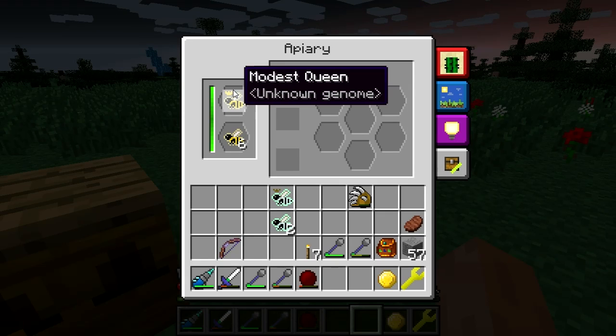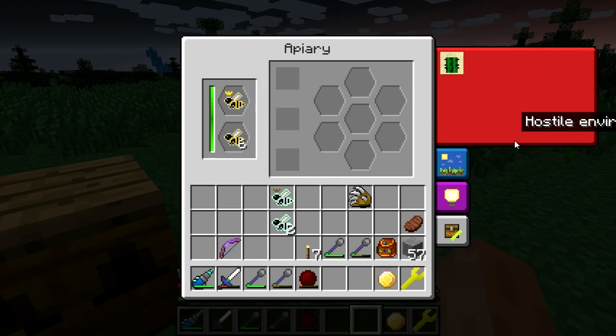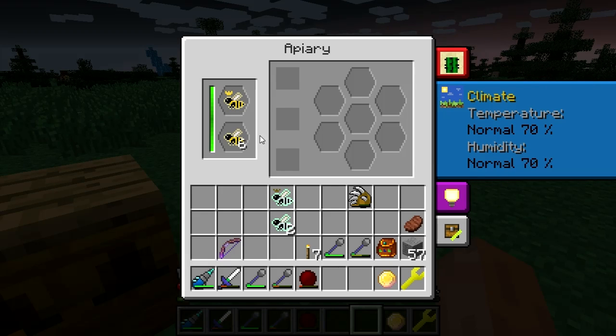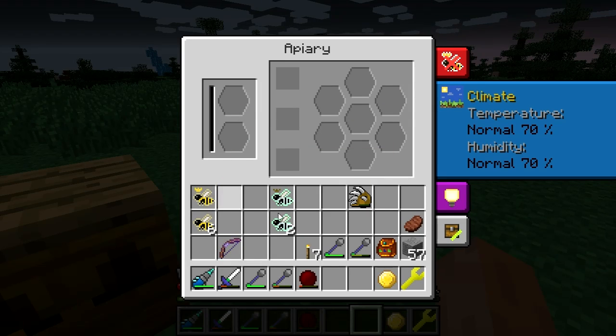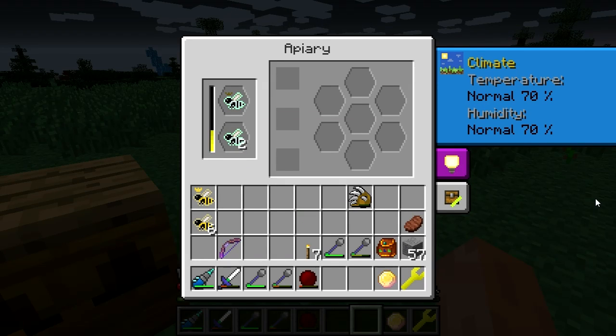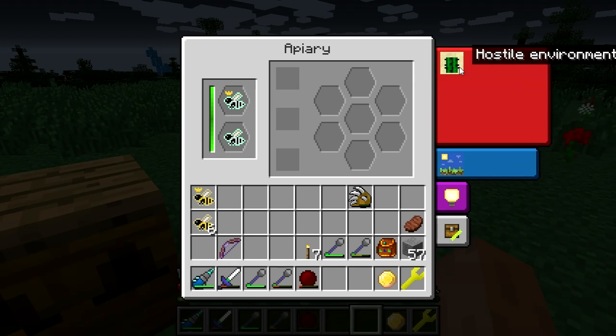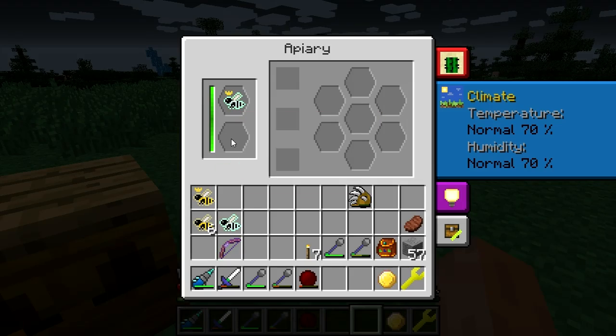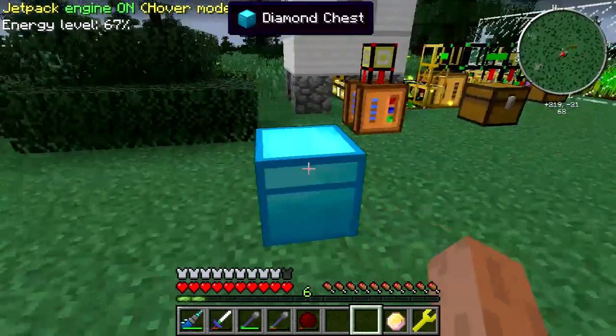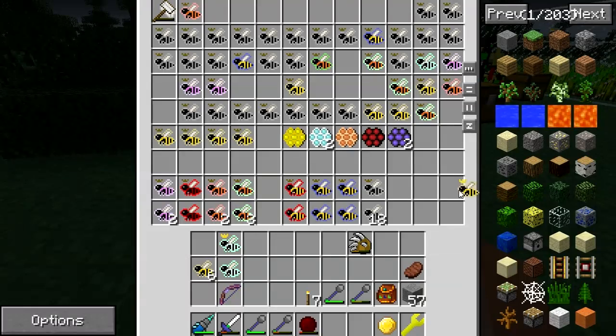Okay. Yeah, hostile environment. They're going to want a higher temperature and a drier climate. Alright, put the wintry in here, and they're going to want a colder temperature. I betcha. Yeah. Alright, not a problem. We'll just set these guys in here as somebody to be worked with after we can